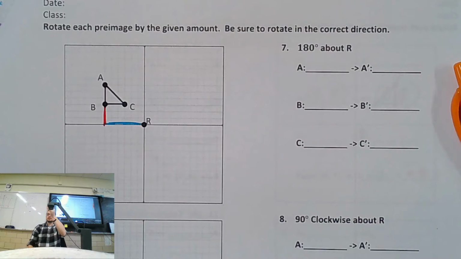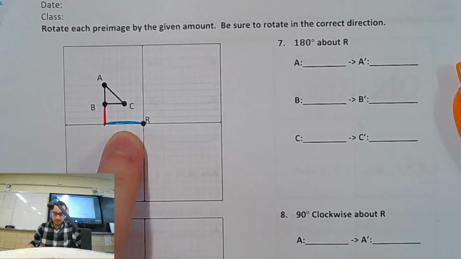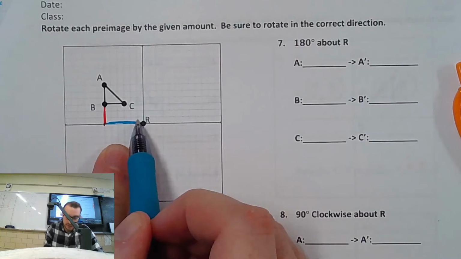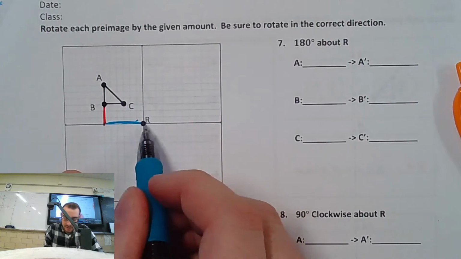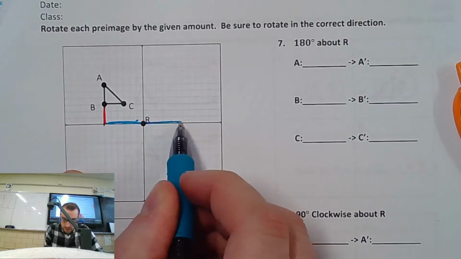If I was pointing this way, now I'm pointing that way. What direction is this? To the left. My left, I'm sorry. My left, your right. So it's to the right. Thank you, Corinne. Sorry, guys. Your right, my left. So it's going to go to the right. So there's our line. It's 1, 2, 3, 4, 5, 6 in length. So instead of going to the left, like we were originally, we're going to turn that 180, and it's going to go to the right. Still 6 in length.